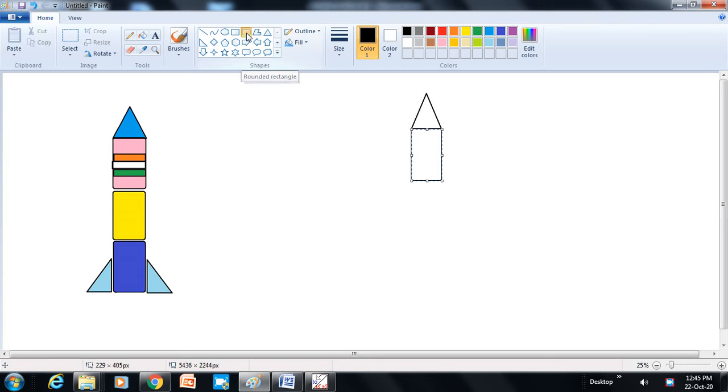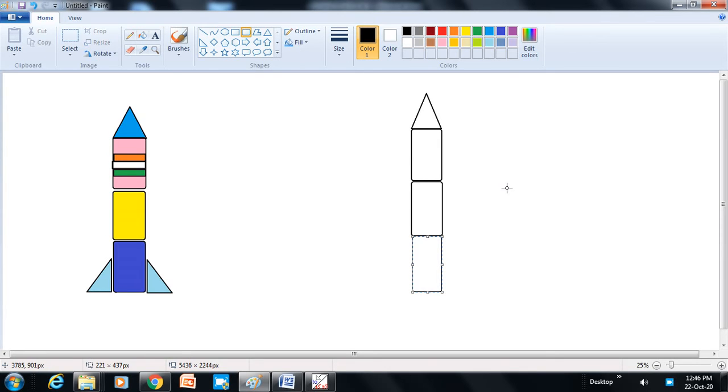Again you need to click on this rounded rectangle, just move your pointer over here, click and draw another rectangle like this. Once again you need to click on the rounded rectangle, click over here and draw this rectangle like this.